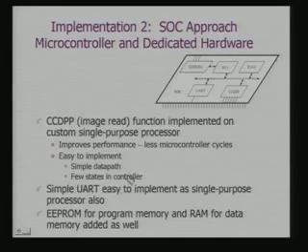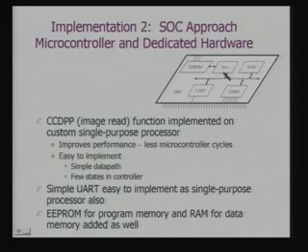In fact, the whole thing can be represented by a simple FSM, and what you need is an implementation of that FSM in dedicated hardware. Then we can also use a UART, that is Universal Asynchronous Receiver Transmitter, as a single purpose processor. It should have along with it EEPROM for program memory and RAM for data memory added as well. In fact, that can provide the storage for the intermediate processing, and EEPROM will have the program. So this is a kind of SOC based approach that we are talking about.